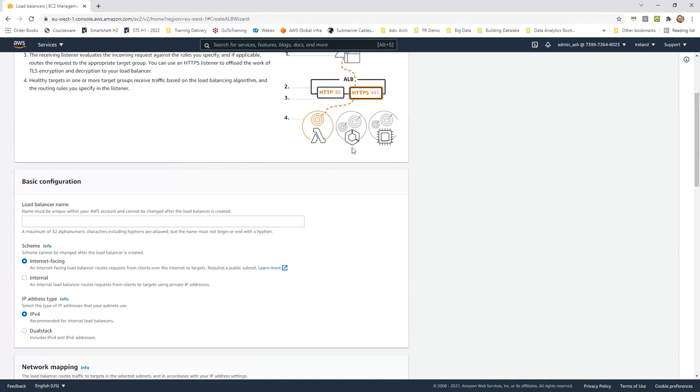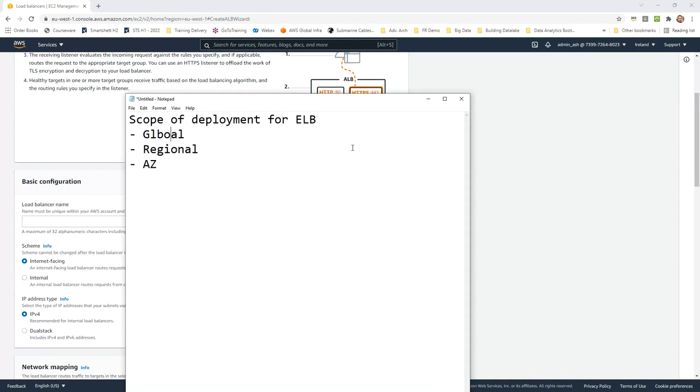Anyone? Has anyone thought about what this symbol is representing? They are there for a reason. So this is a symbol for container services, ECS and EKS. Yes, exactly. This is for container services. So when you deploy a load balancer, this is my ELB, and then the ELB will be sending data requests to a target group.